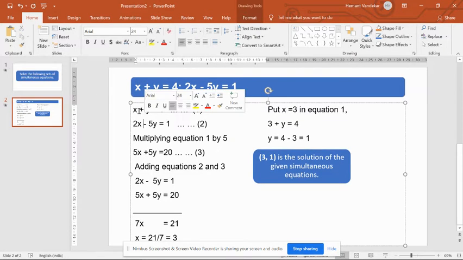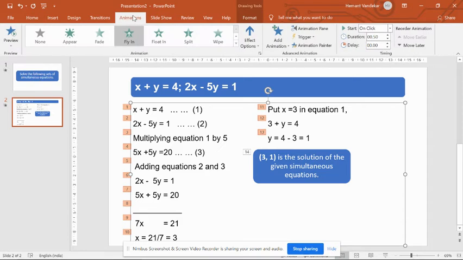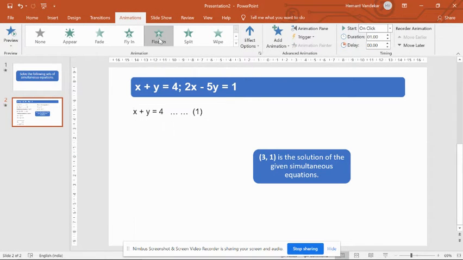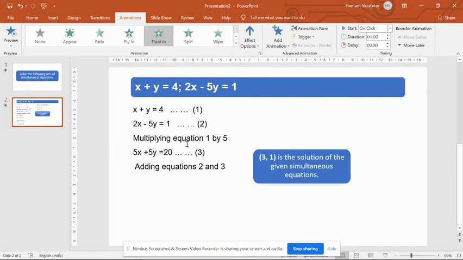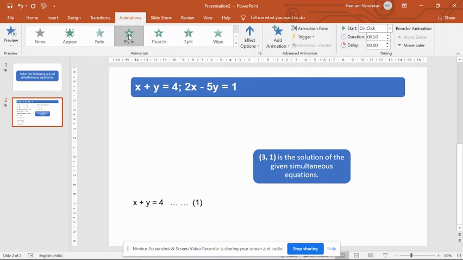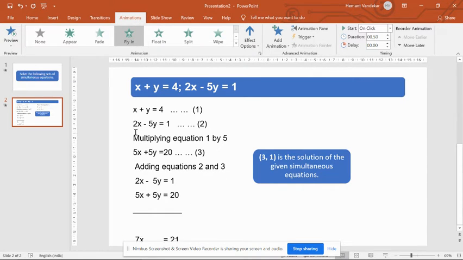Now when we are saying that we have to show this one by one, what you have to do is use the animation feature of PowerPoint. So go to animation, go to any feature. You can take float in or fly in. Once you do that, let's take fly in, which is quicker. So once you do that, you will understand that